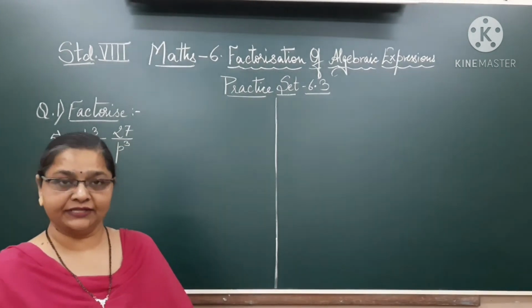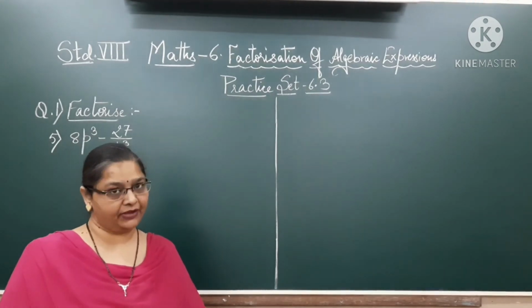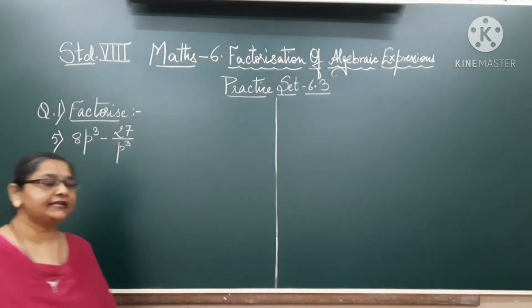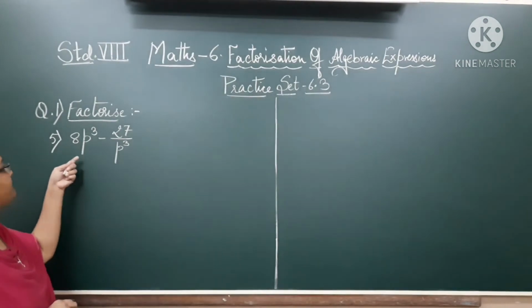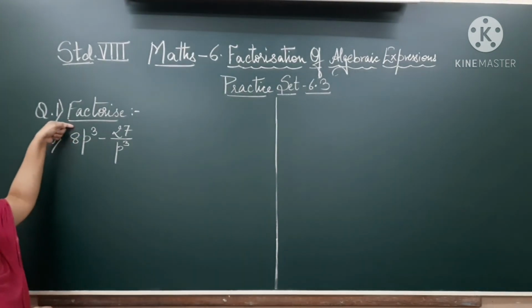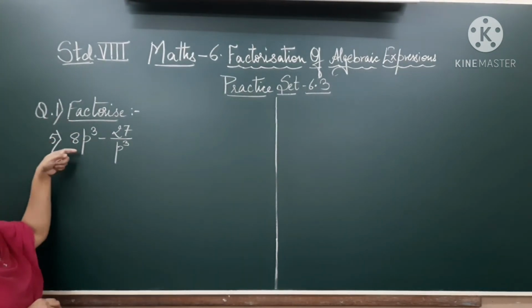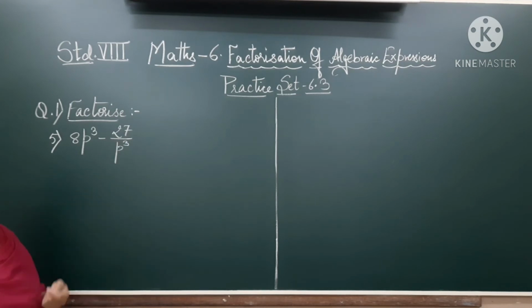We are going to continue with practice set 6.3. Let us factorize the fifth example under question number 1: to factorize 8p cubed minus 27 upon p cubed. Now here,